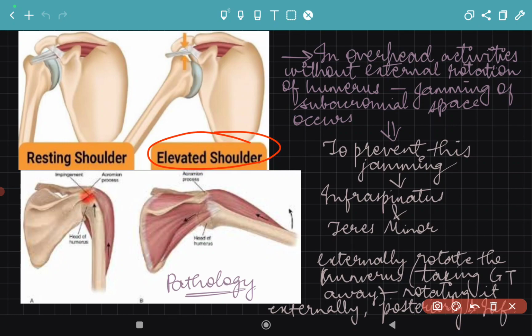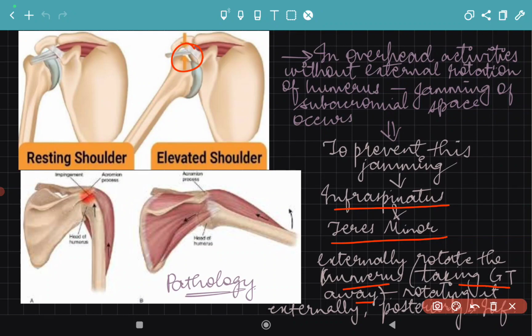So it is clear that external rotation will help to reduce this impingement or jamming of the subacromial space. To prevent this, infraspinatus and teres minor externally rotate the humerus, taking that greater tubercle away, rotating it externally, posteriorly and inferiorly, so that there is enough space even while performing the full